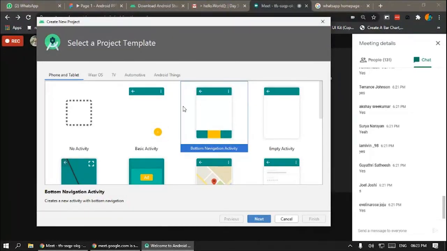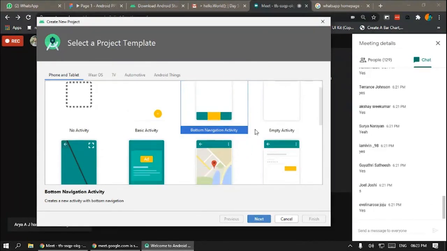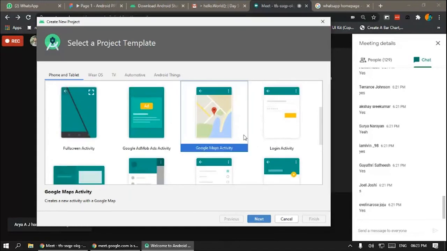This is a new template. It is being adapted by many apps, but it is not yet there. If you use PhonePe, you will know that this is the layout they use. And in some other apps I have seen this bottom navigation, but it's not that commonly used, because I don't like it that much. You have Google Maps activities.